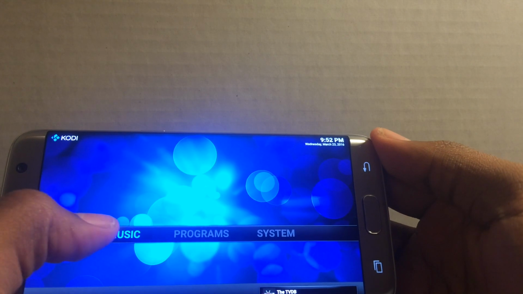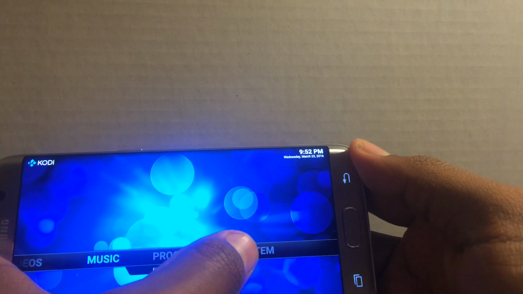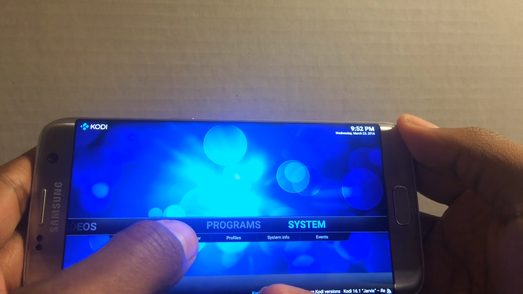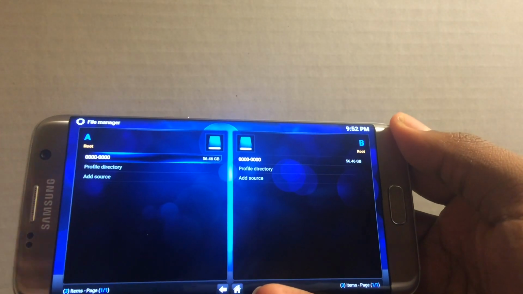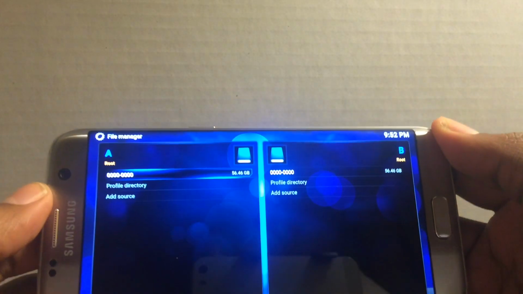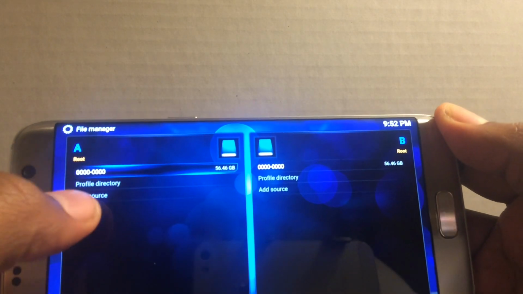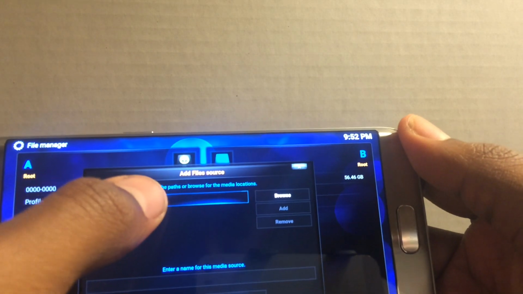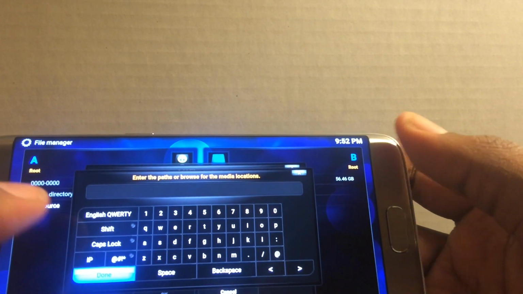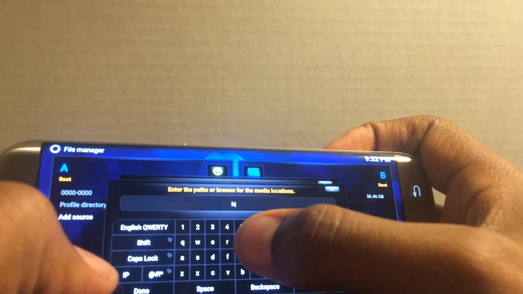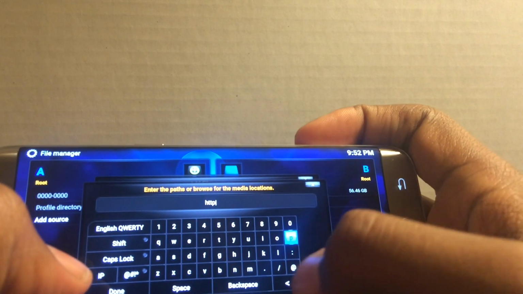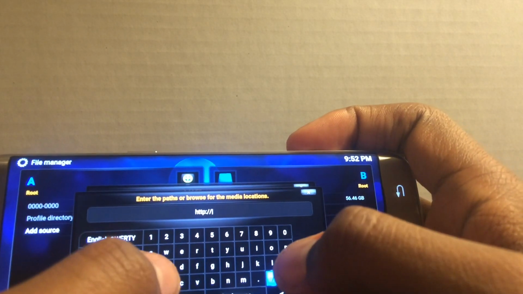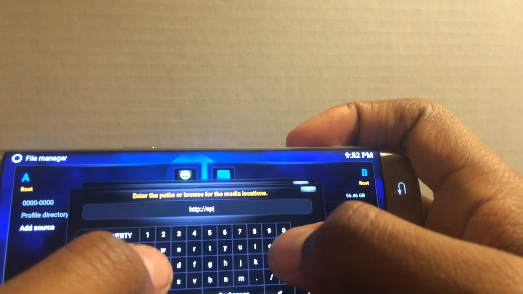So what you're going to do is scroll over to System and highlight it, and click on File Manager right here. First thing you're going to do is add the source. Got to add a source. Click on this bar here, none, and in here you're going to type in HTTP, then the colon, //, and you're going to put in